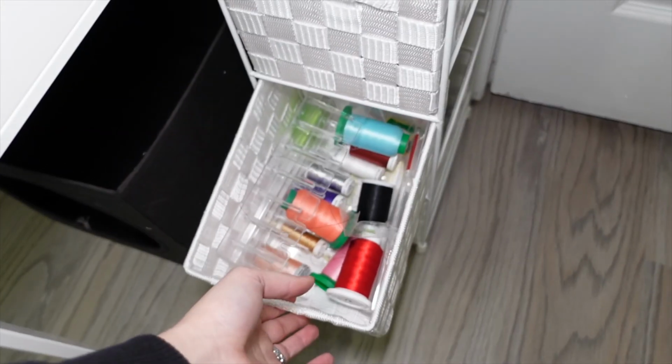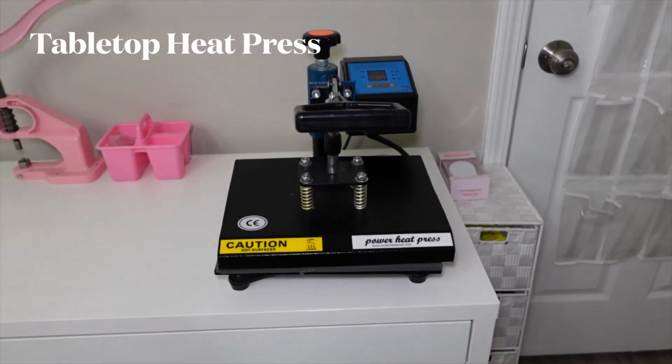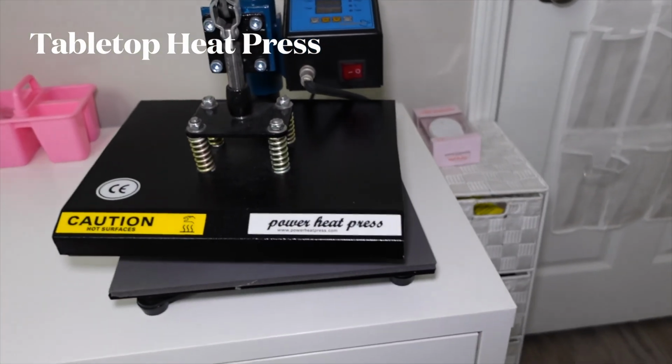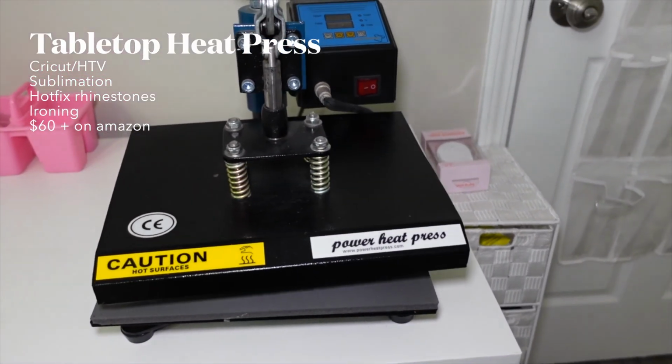I have more notions and just random stuff in there. And here is my heat press. A heat press is basically a huge iron, so it can get super hot. I don't know what this goes up to, but it's usually at like 300 or 400 degrees and you can